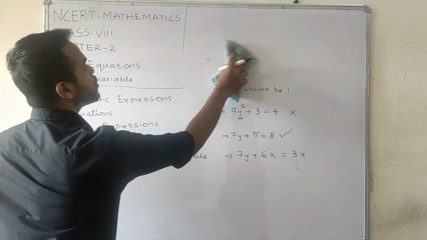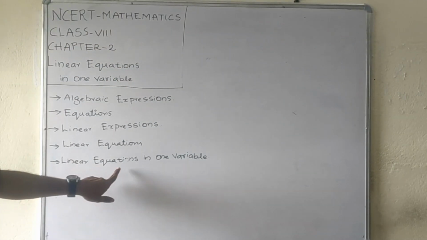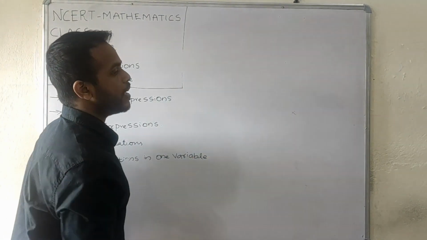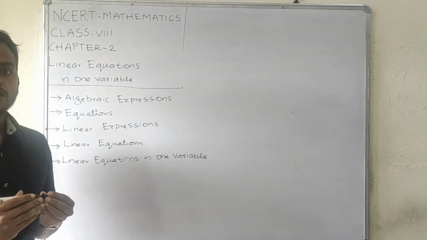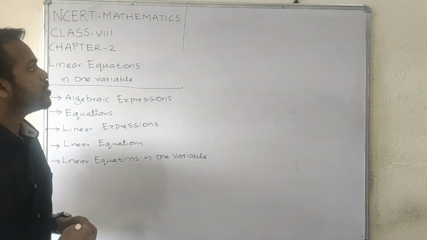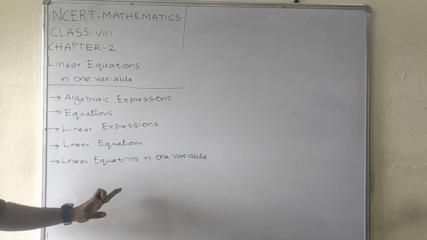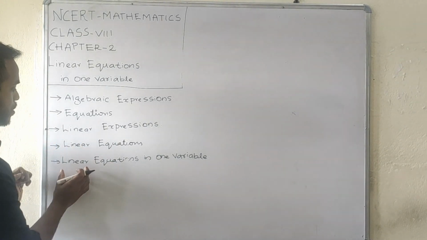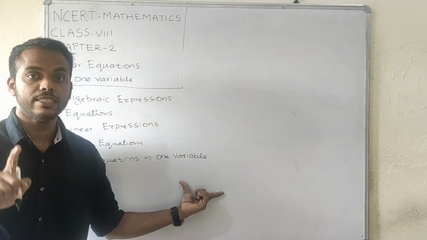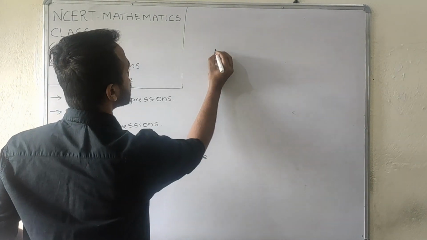Now, let's move into the last part of this section. Linear equations in one variable. You know what are variables, right? Variables are the alphabetical letters we denote instead of numbers, or we can assign any number in that place. We have seen a lot of examples. Now let's see what are linear equations in one variable. Simply, the condition becomes a bit more narrow. It should be a linear equation, and how many variables it should contain? Just one. We will see examples and non-examples so that you can easily understand.